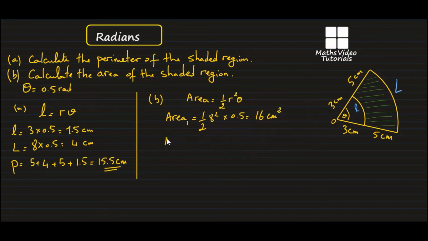And for the smaller area, let's call it area 2. Its formula is the same, of course, but now the radius changes to 3 centimeters. So that would be half 3 squared times 0.5. So that is equivalent to 9 quarters. Okay, because 3 squared is 9, a half of a half is a quarter, so that is 9 quarters. And that is equal to 2.25